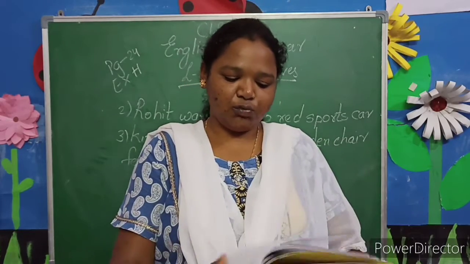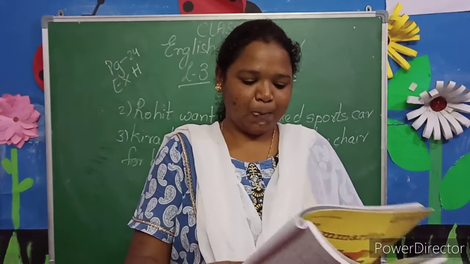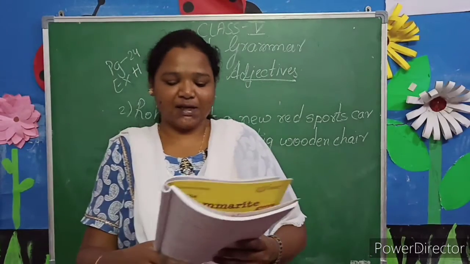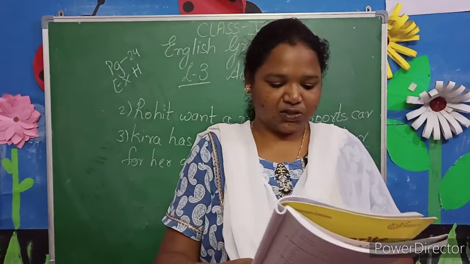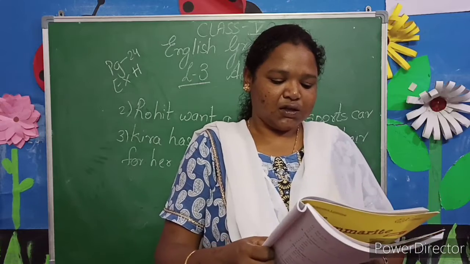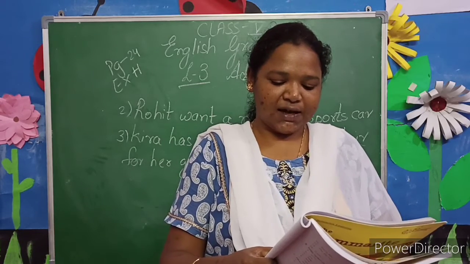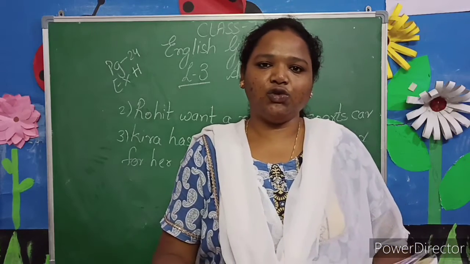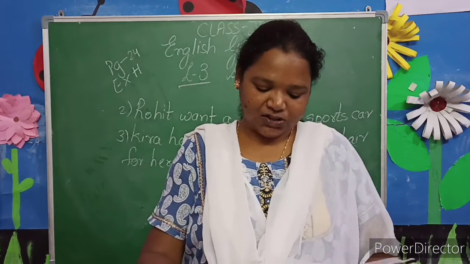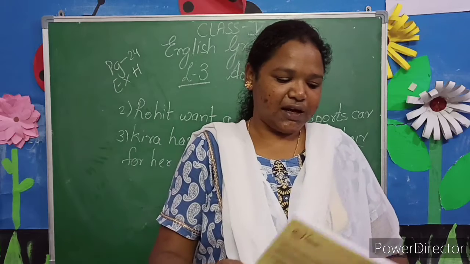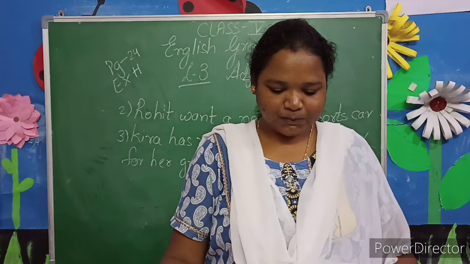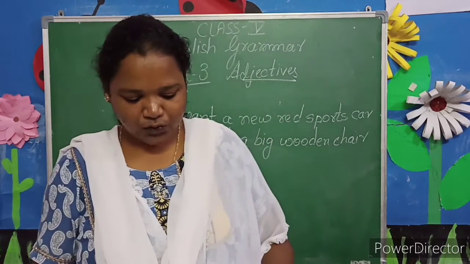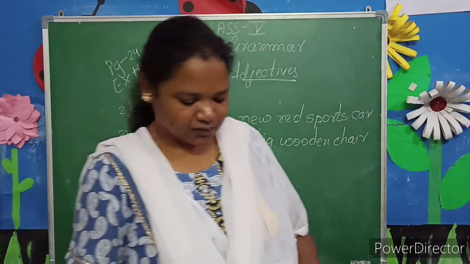Right, children? So we move on to the next exercise, that is Let's Perfect It. Exercise A, complete the sentences with suitable adjectives. So first one, the principal spoke in a dash and dash voice. So here we have to use the correct order of the adjectives. Children, there are 14 sentences. Okay. So let's see how we have to write this.